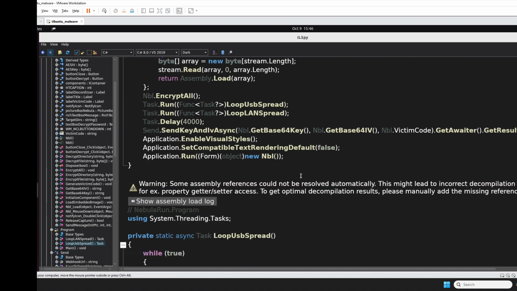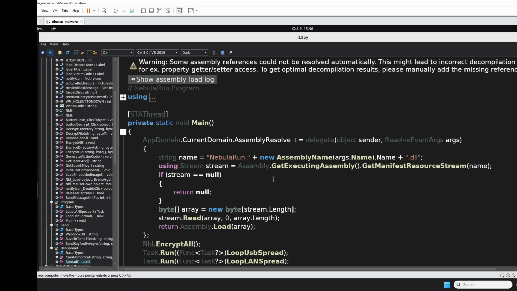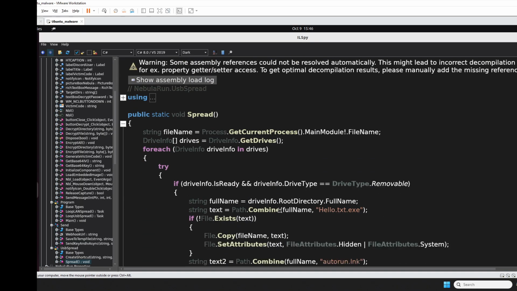So let's click on that and then go down and check, and it's taking a look at TryUSBSpread, and we go down some more, and basically it's doing additional checking: drive type, getting the drives, getting the current processes, and bringing that in to this array,